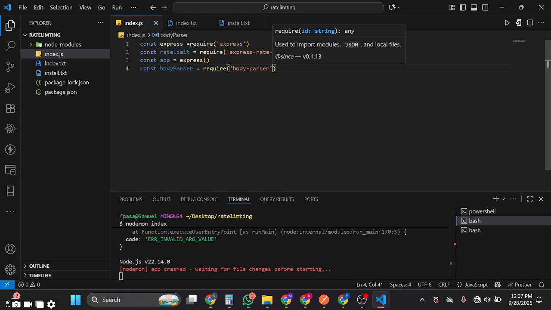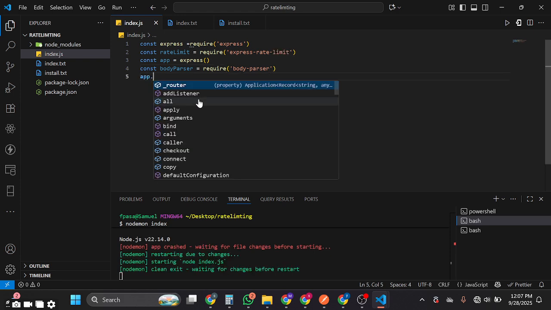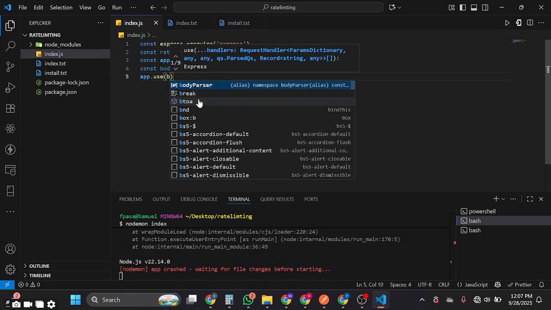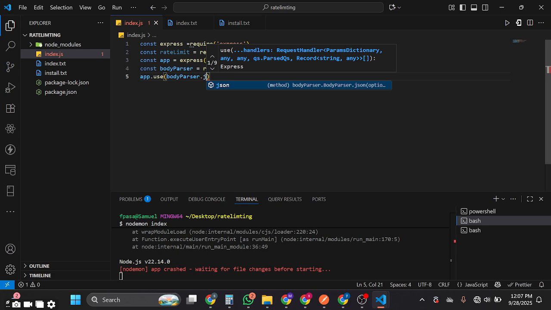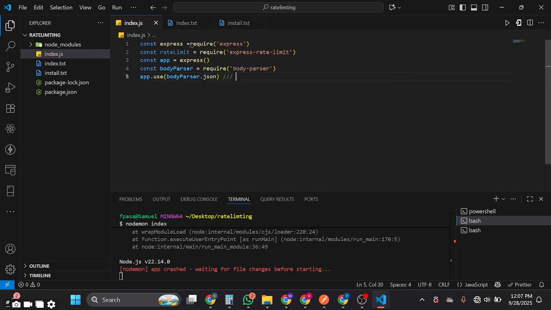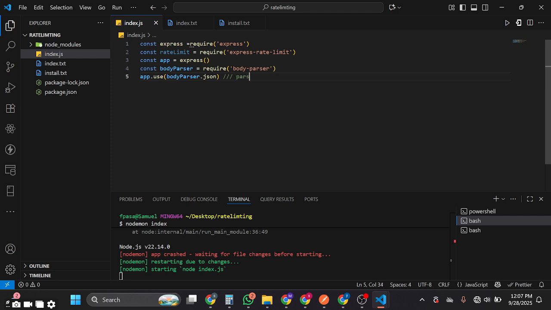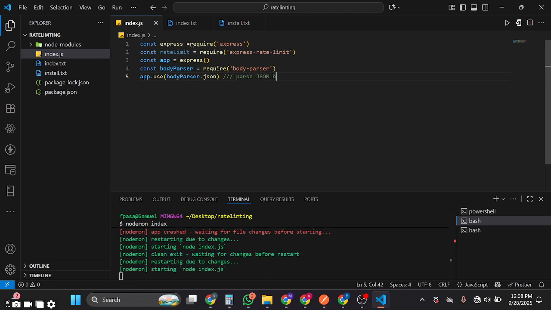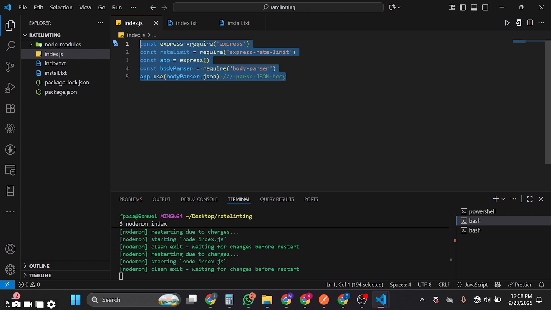We have body parser. Then I'm just going to say app.use. Just like this is the middleware I'm actually doing here. So say bodyParser.json. So this is basically to parse the JSON body. All right, so these are the things that I actually need to kickstart my Node.js application, my Node.js API